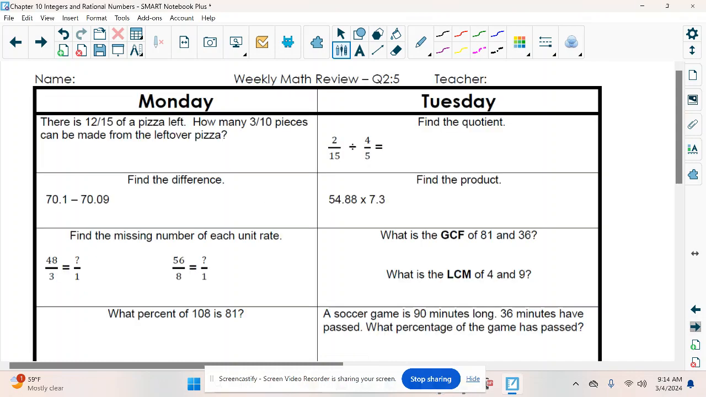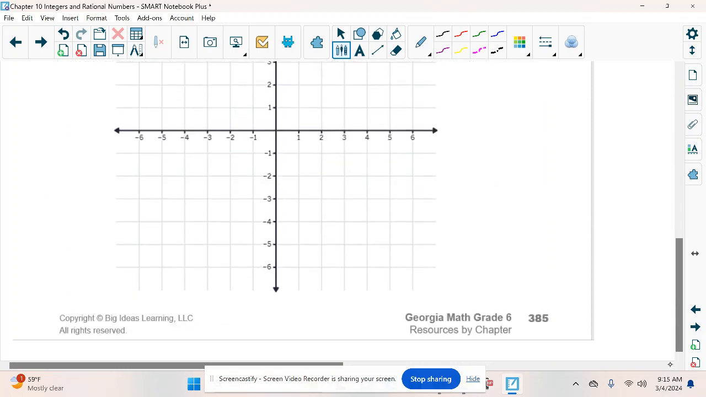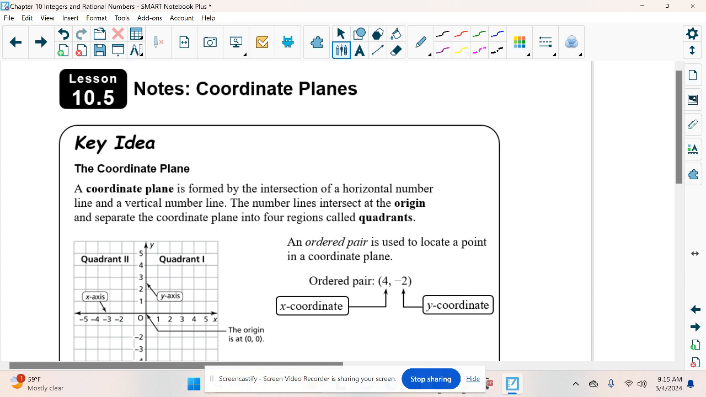All right, so this week we're going to be talking about coordinate planes. So we're in lesson 10.5 of your notes. I need you to find that. I got it. All right, I can't remember what page number it's on. 385. Page 385. So last year y'all talked about coordinate planes, but you only talked about one section of